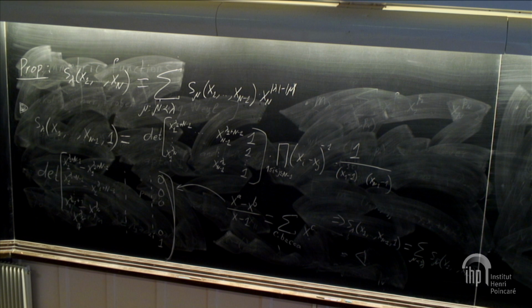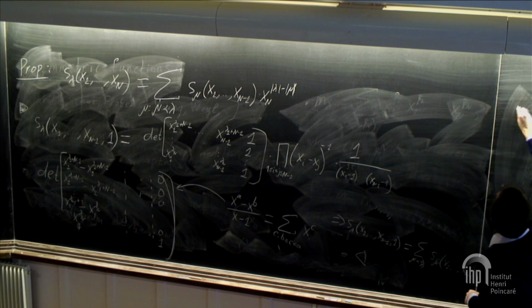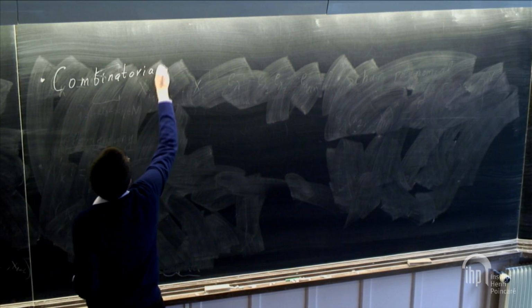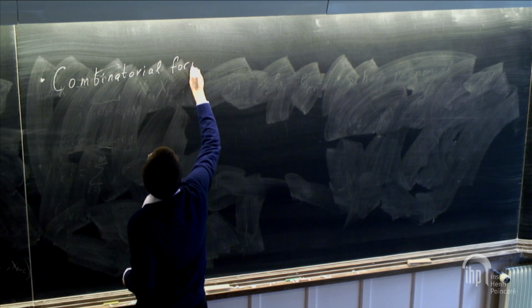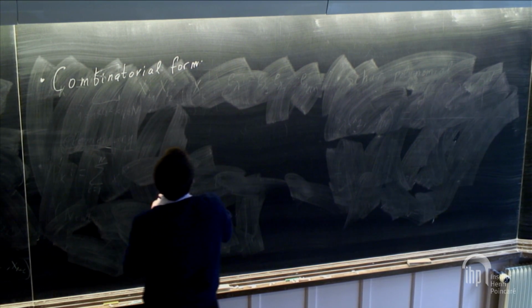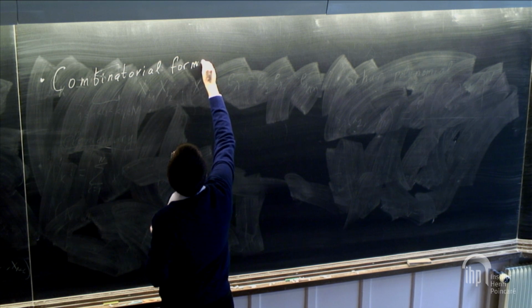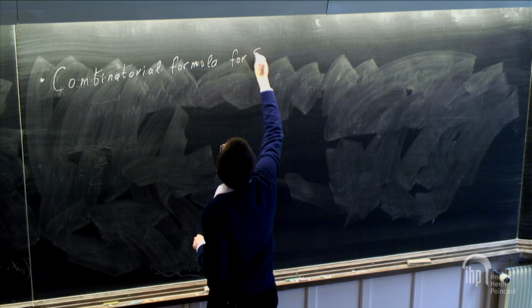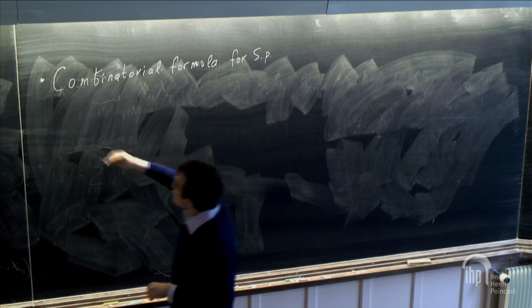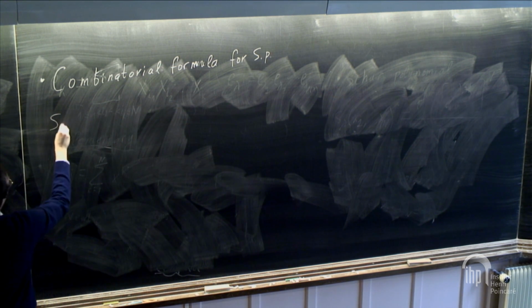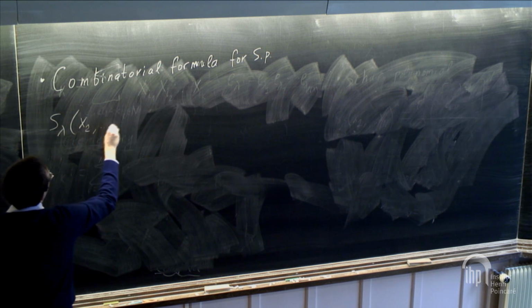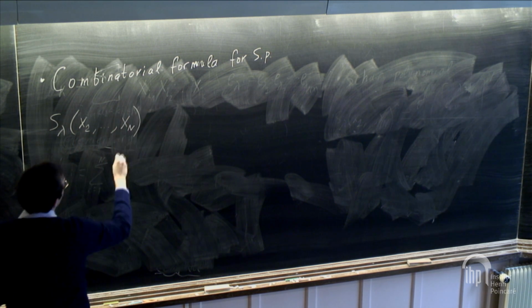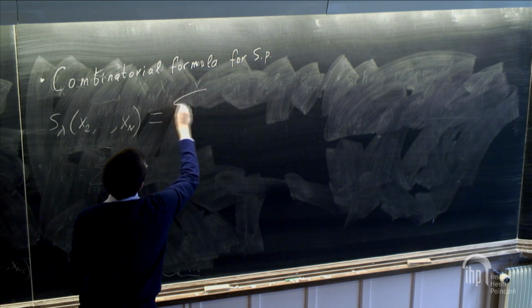So what I will obtain is called the combinatorial formula for Schur polynomials. S lambda of x1, ..., xn is the sum, a large sum,